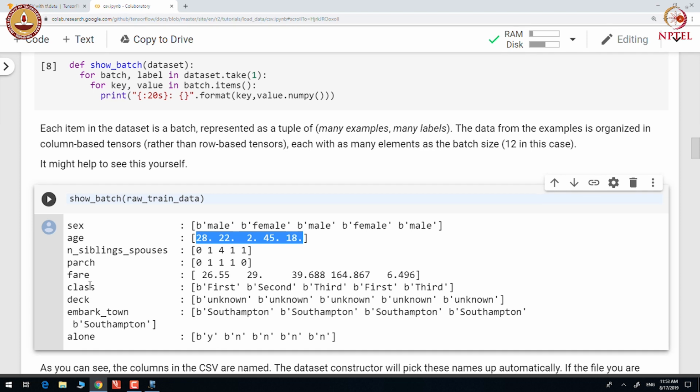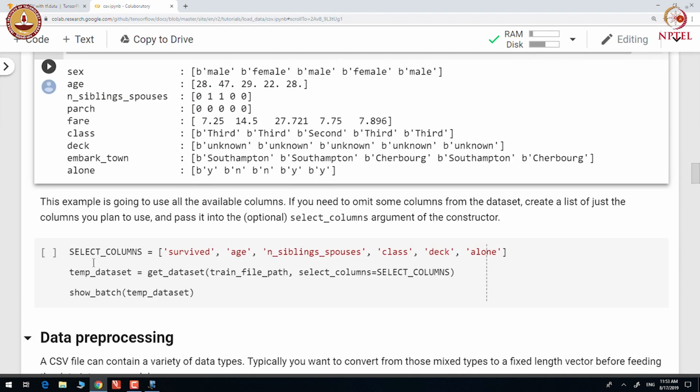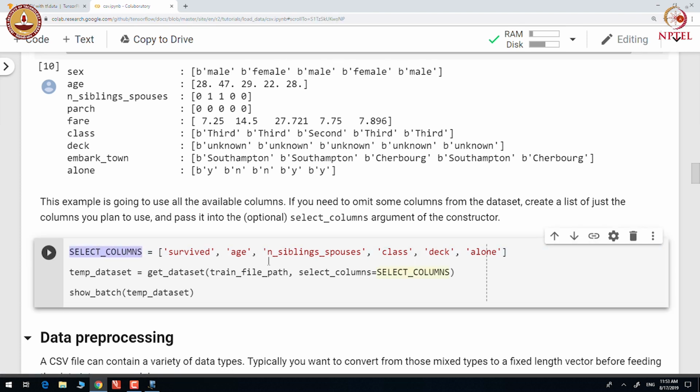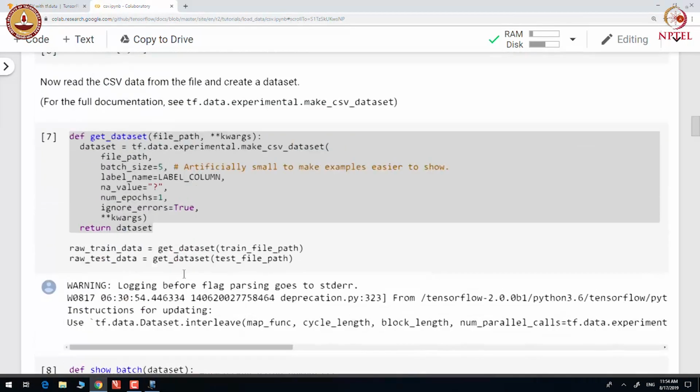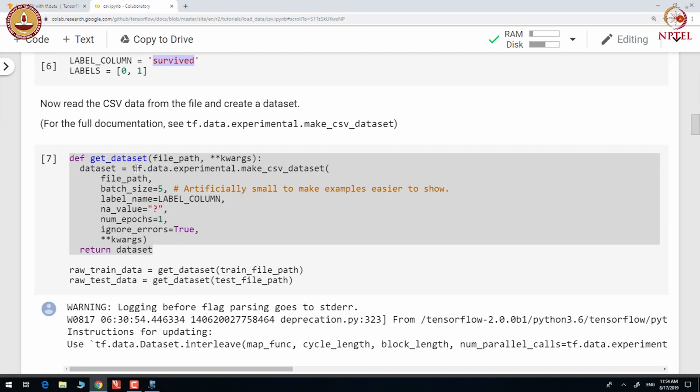We can specify the columns that we want to use to construct a data set and pass that in the select_columns argument of the get_dataset function that we wrote earlier.